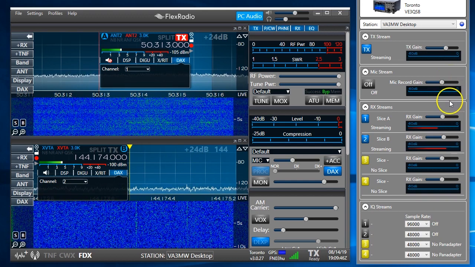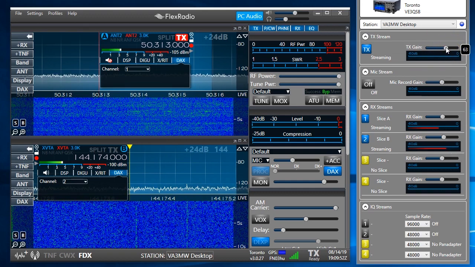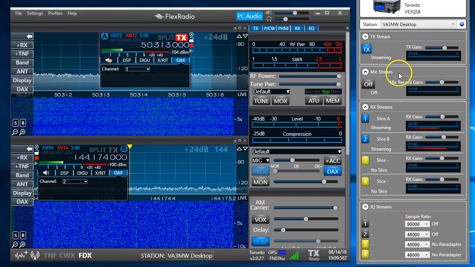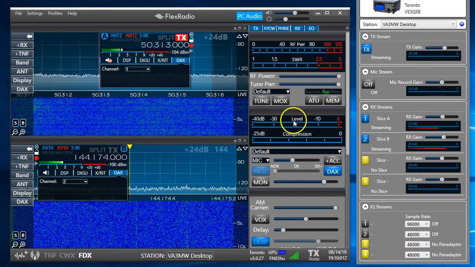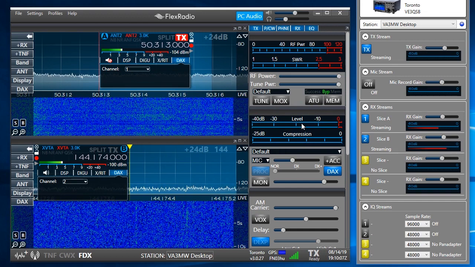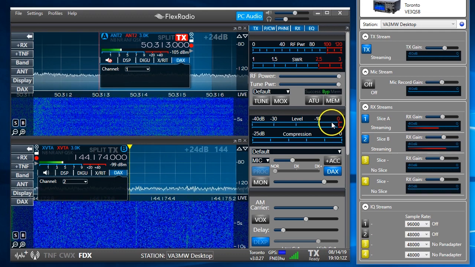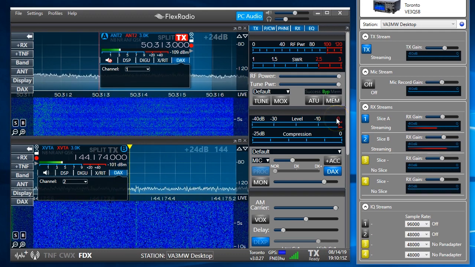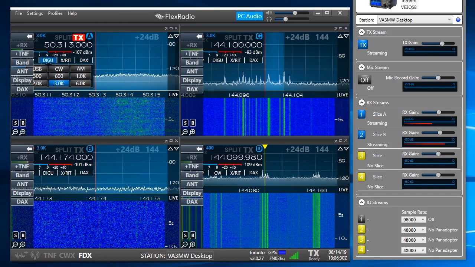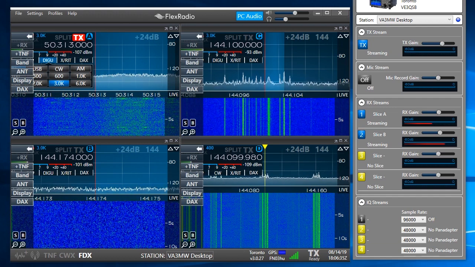You can adjust the levels inbound and outbound to your programs with these sliders, and your transmitter gain here to drive the radio from the program. I don't have it set up to transmit, so I apologize, but this level meter will show you the audio level going into the radio while you're transmitting from your digital program. You want to make sure you keep the peak of that below 0, somewhere about here, -3, -5, and that'll keep everybody really happy. And CAT, by looking in the manual, and the manual is quite good,